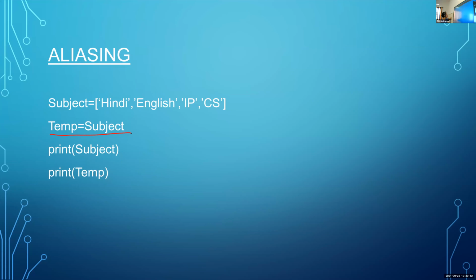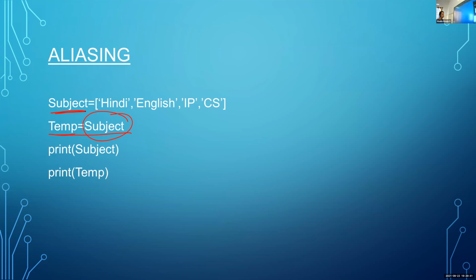So if you want to give one alternate name or duplicate name for an already declared list, give a statement like this. First, you write the new name, which is equal to the existing old name. So here temp is the new name, subject is the old name. We are giving a new name or alternate name for this.